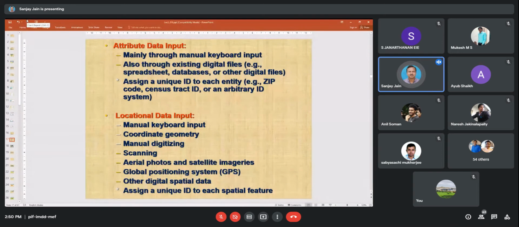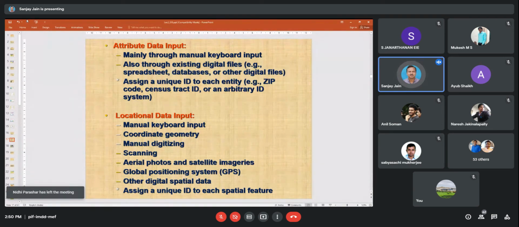So I can convert that Excel sheet into digital form in GIS. Also, through existing digital files, spreadsheets, databases, or other digital files, we can assign a unique ID to each entity. So all that attribute data I can easily handle this way.